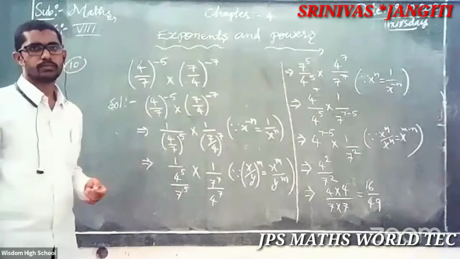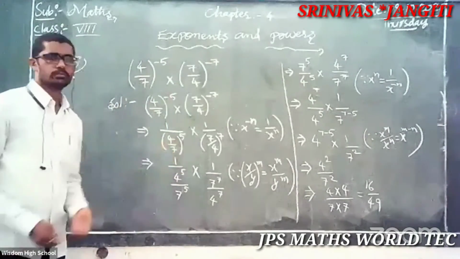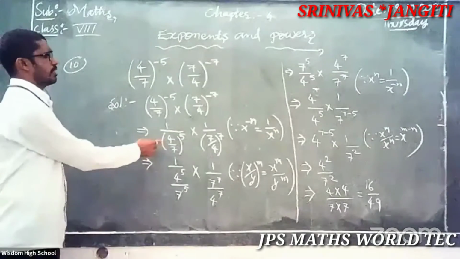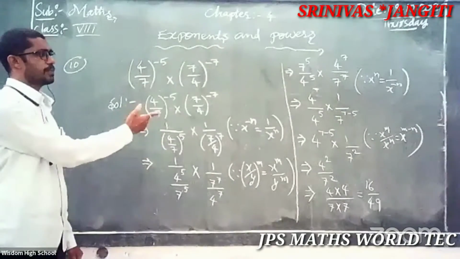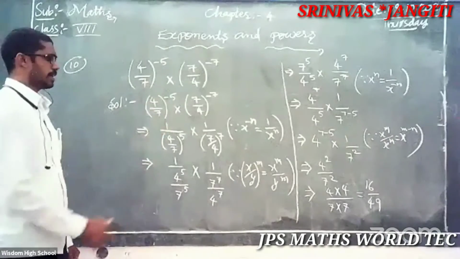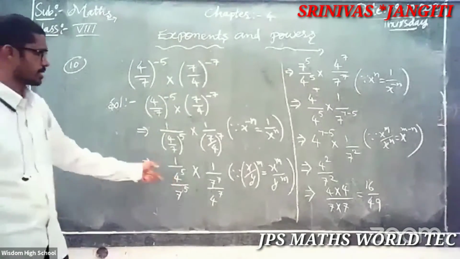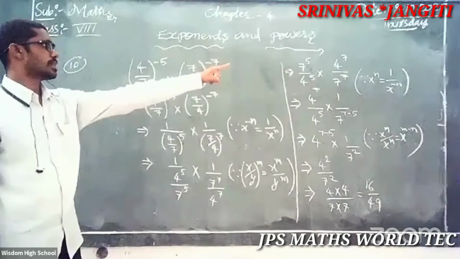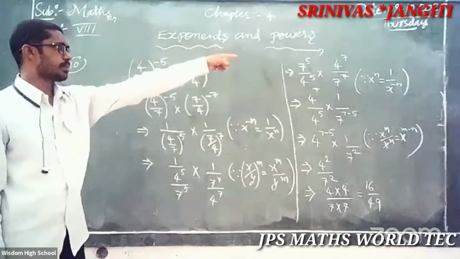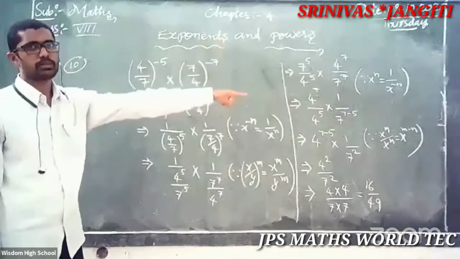So simple. Okay? Come on, note down. Just focus here. Here what is applied? x to the power of minus n is equal to 1 by x to the power of n. Then after here, you will know the numerator becomes the denominator and the denominator becomes the numerator. It is the same way. So what happens afterwards? That 7 to the power of 5 is there, that goes down, then minus.